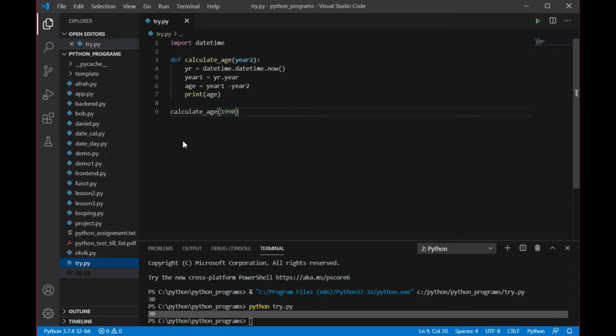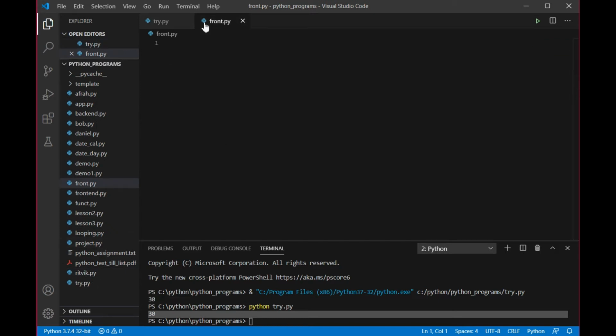Now in this front.py, first of all, I'm going to create a simple frame. For that, first of all, I need to install a package, a library of Python that is known as wxPython. You need to install this very first. Let me show it to you.